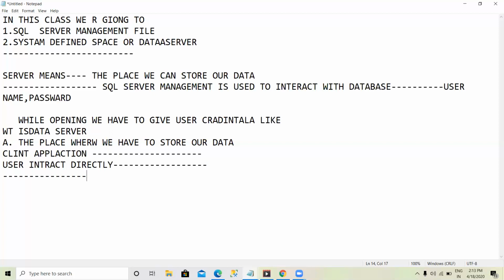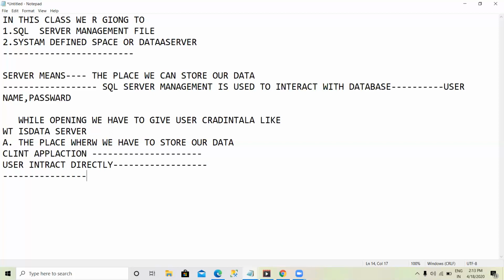Server types. I already said server means the place where the application is kept for multiple users.